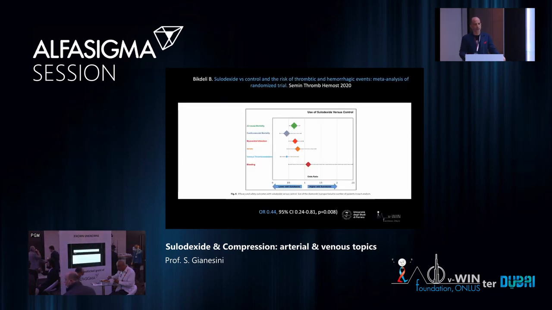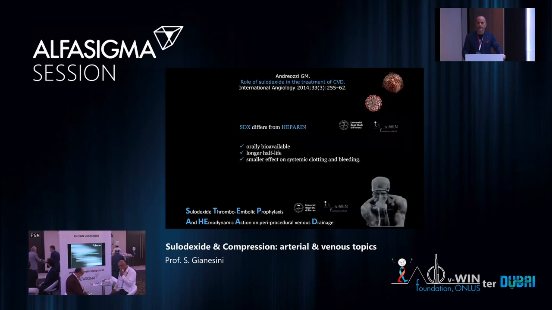Even more interestingly, in this debate about arterial and venous components, the role of sulodexide demonstrated that the same molecule can act both on the arterial and the venous side, and in the different aspects also of the inflammatory and thrombotic process. You see over here all-cause mortality, cardiovascular mortality, myocardial infarction, stroke, venous thromboembolism, with a low risk of bleeding, with the consequent benefit toward the use of sulodexide,